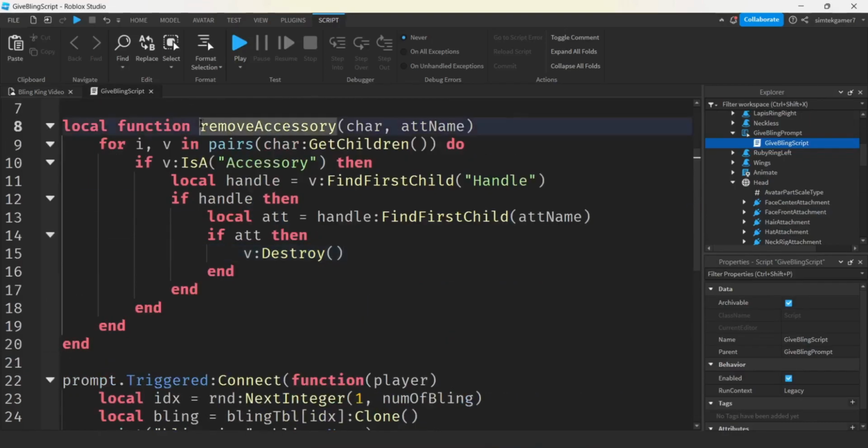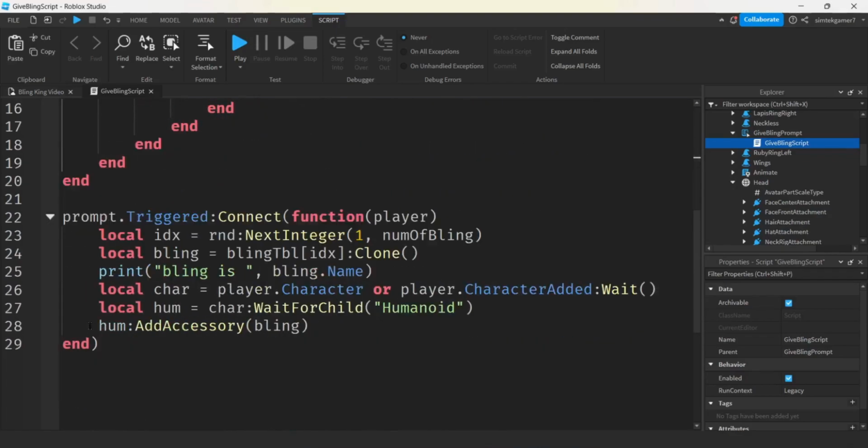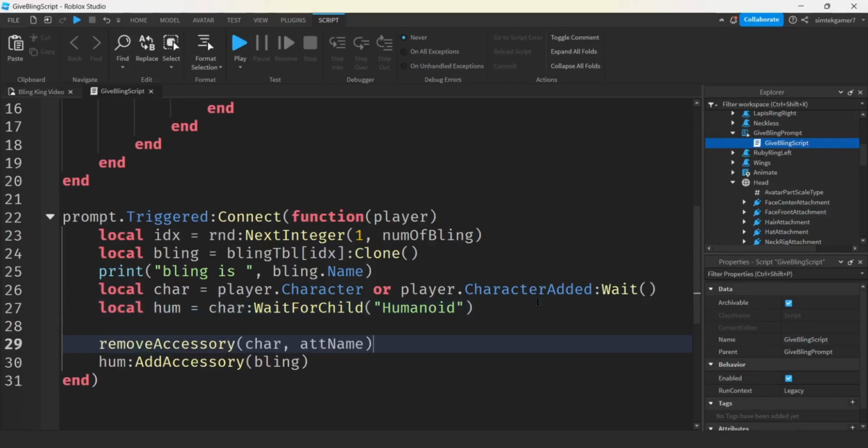All right, we're going to have to call this, and we're going to have to make sure we have the character. We're going to have to call it before we add the accessory. I'm going to put that there. We don't have an attName yet. Let's get that. How do we get that? We're going to do